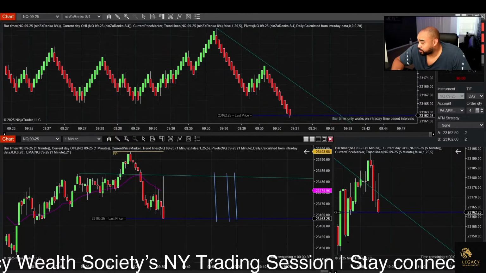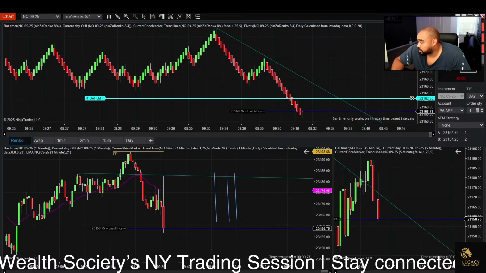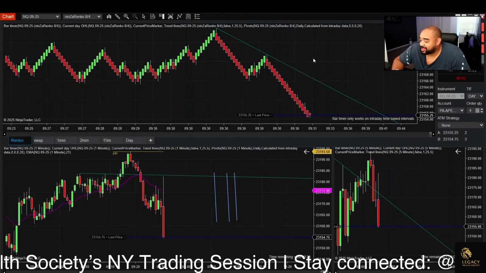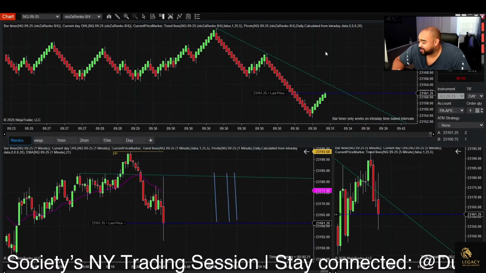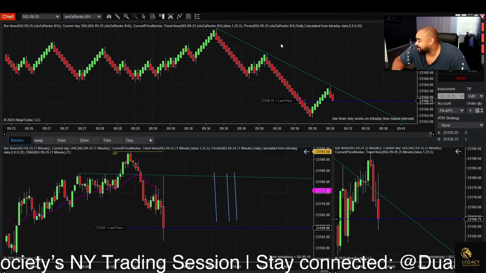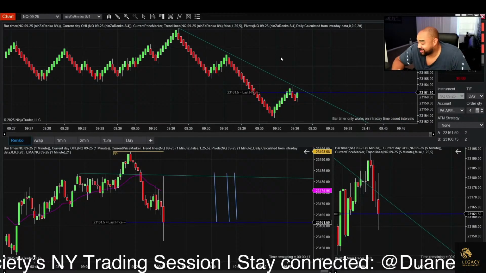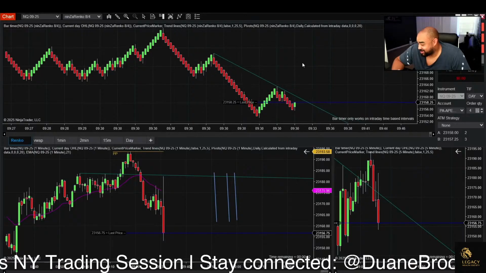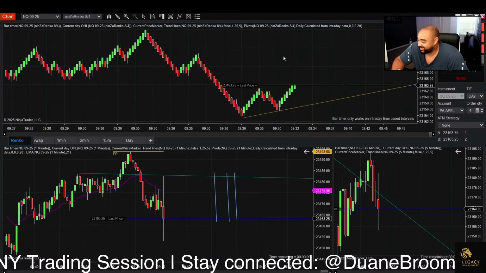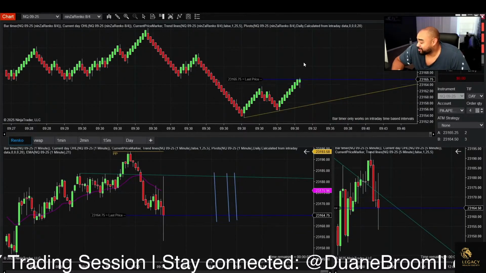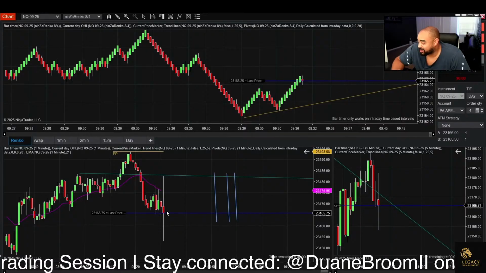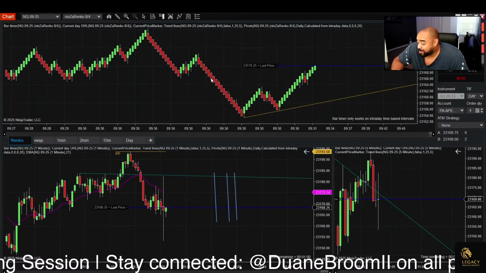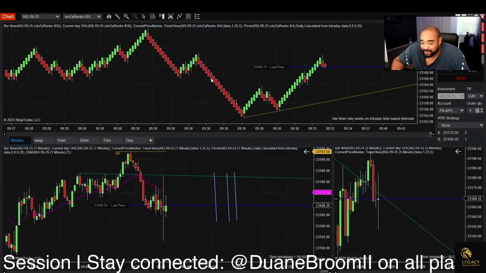Oh yeah, if you look at it, it looks like a 1980s stereo that has a little EQ thing jumping around. I missed it. I tried taking a quick short there, but I didn't get filled, so that's disappointing, because that would have probably been a quick $1,000 right there. Unbelievable. Buyers now pushing that price back up. I'm gonna hold off now since I didn't get filled on that one.